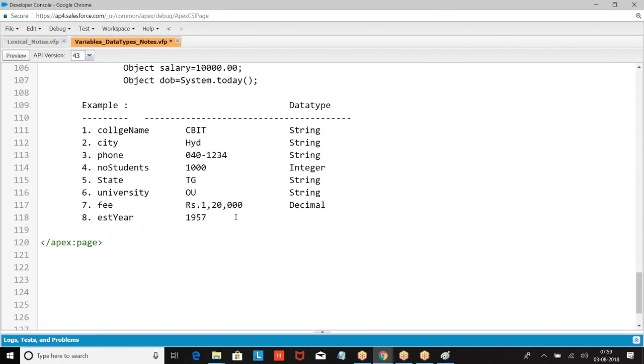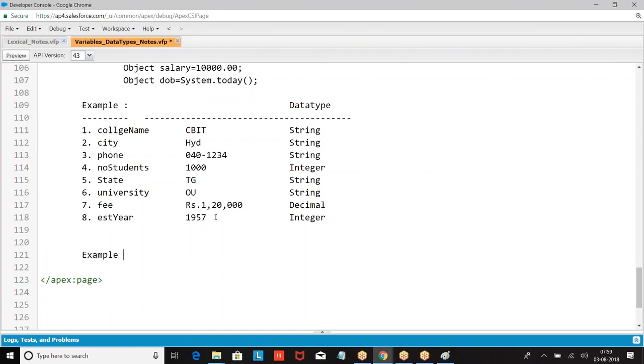Now tell me, established year 1957. It is not a date. It is what? Number. Suppose if I given like this, it is a date. But what did I take? 1957. Are you getting my point? So based on the format, you have to decide data type. Data type has to be decided based on the format.